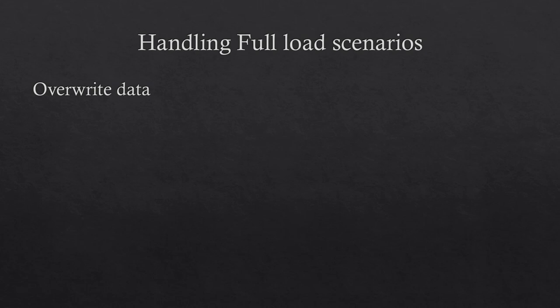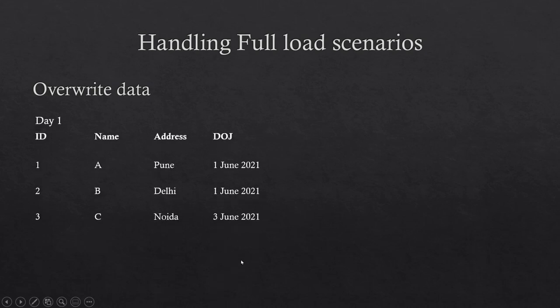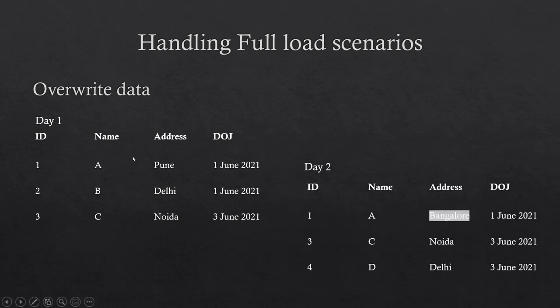There is no need for me to identify what got changed because I am getting everything. It's the simplest scenario, and we will simply overwrite the data that we got yesterday. Every day, whatever data I get, since it is a full load, I will keep overwriting it. On day 1 we had 3 records. On day 2 the source system itself will send a full load to me with the updated record, the new record inserted and the deleted one already removed. So it is very simple: we just take it and overwrite it.